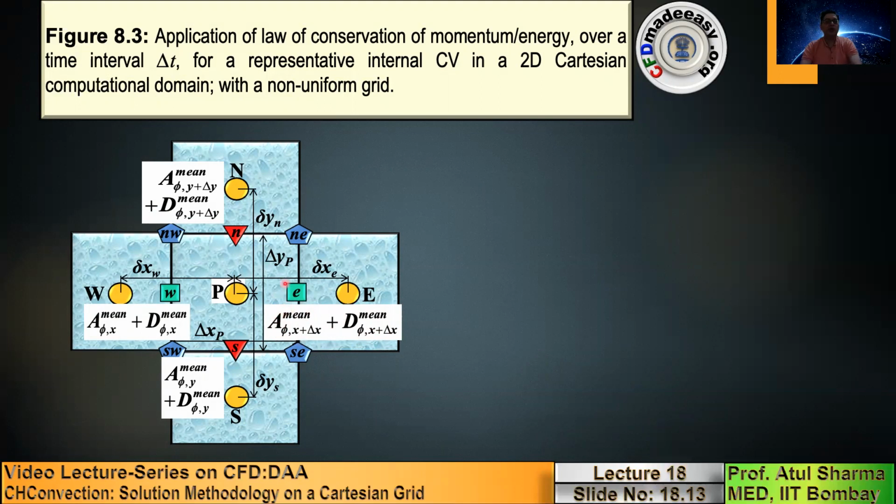These are presented here at the various surfaces. I am not showing you the arrows at the various surfaces because in x momentum transport the sense of the arrow is horizontal, for y momentum all the arrows are vertical, and in the energy conservation law it is normal to the surface. So these are the advection and diffusion on the surface at x plus delta x, this is at x, this is the total advection and diffusion on y, and this is at y plus delta y.